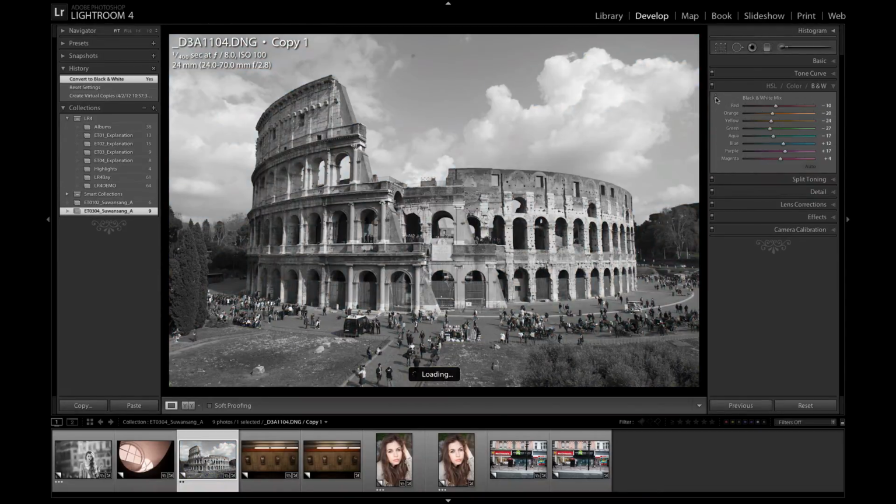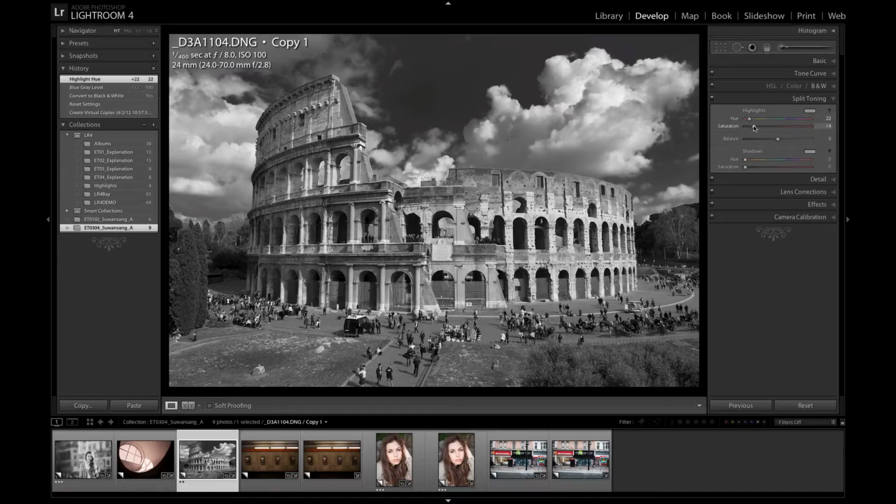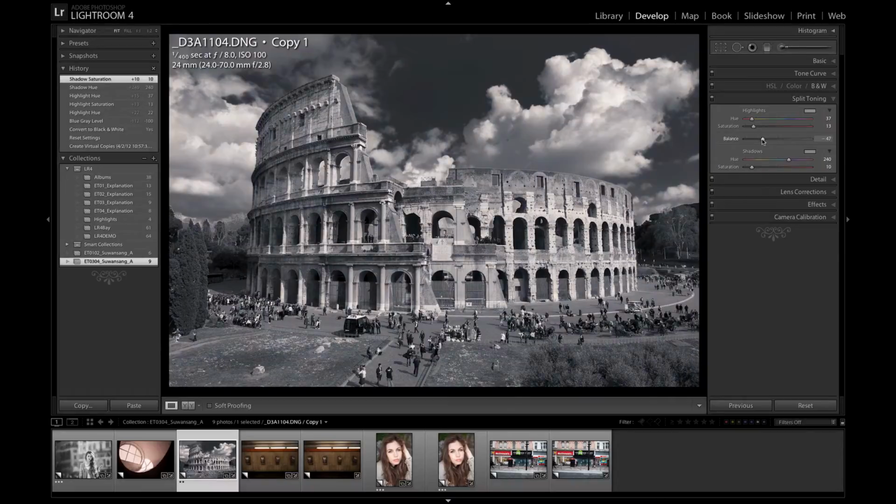I'll come and click on black and white. And for the third image, I'd like you guys to have fun with it, so you can do sepia, split toning, or whatever you like to do. Let's say I want to play around with split toning a little bit here. I'm going to make the highlight a little bit more towards the yellow-orange side, like sepia. Make the shadow more towards the cool side, to just cool it down and play around with the balance a little bit right there. Let's balance up more towards highlight. Okay, perfect. So if I look back in my library,